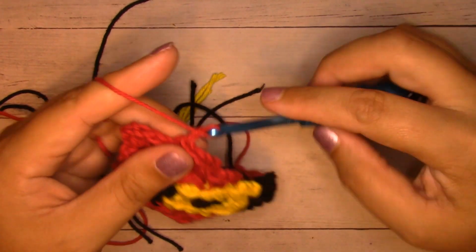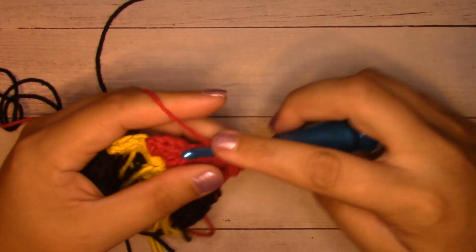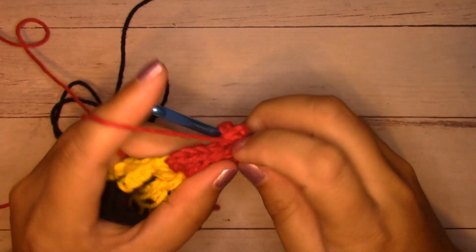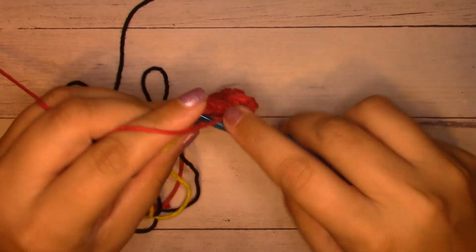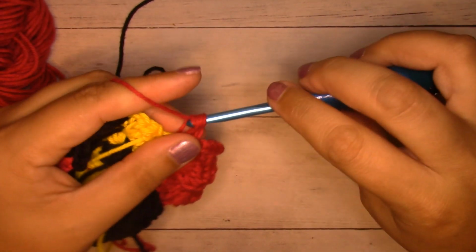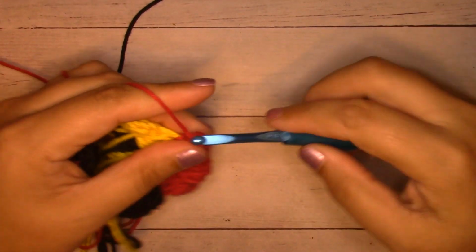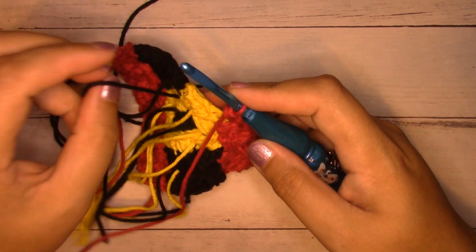For row 10, chain 1 and turn. Slip stitch into the second stitch and across. Then chain 1, work 2 boxes in the red. Then I'm going to drop my tail end here to the front, pick up the black,